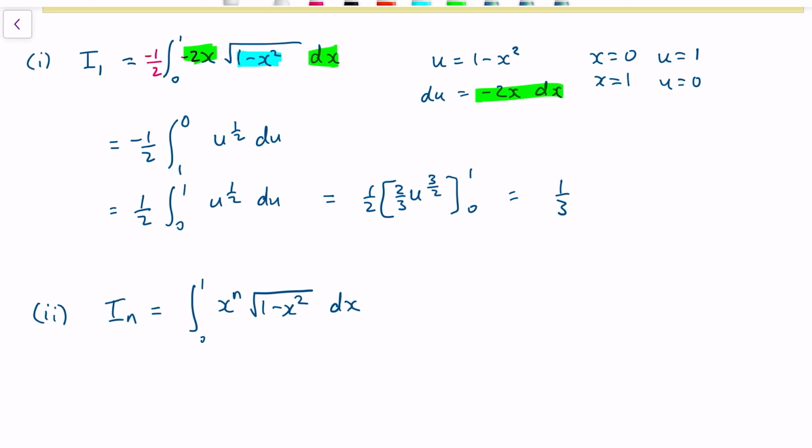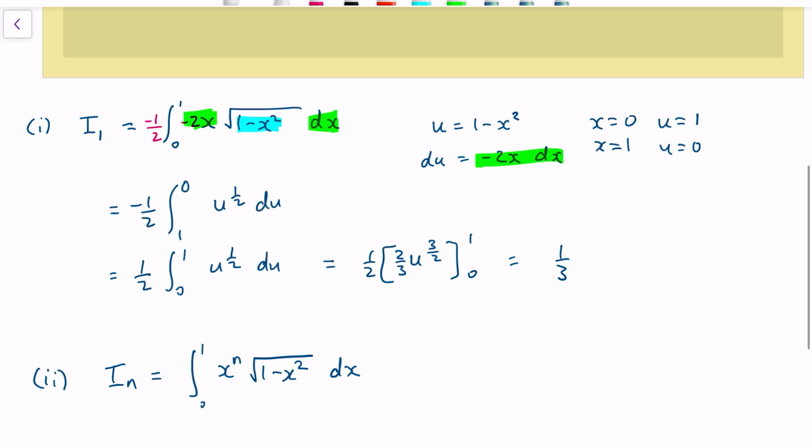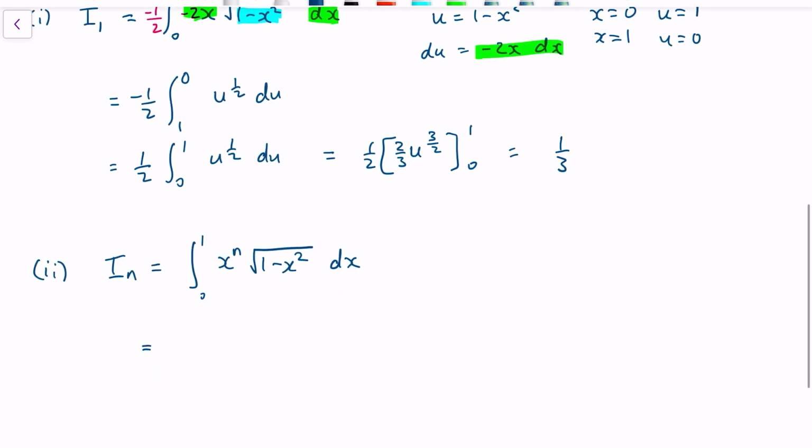So what I did is I went back to this first part, and there is actually a hint in here. The first part, the integral, worked really nicely because there was that x sitting there in the front, which was related to the derivative of the inner function. So this is the insightful trick you need for this next part. What we're going to do is rewrite this integral as x to the n minus 1 times x, because when you multiply those two things together, you get x to the n multiplied by